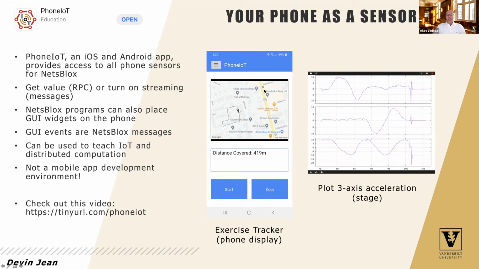Okay, but here's an example. If you look at this middle picture, this is the phone screen showing an exercise tracker, right? What it does is get the location from the phone, and whenever the user hits the start button, it starts counting the distance. Whenever the user hits the stop button, it stops, and it refreshes the image with the track of the user. So on the stage in your computer, you will see a Google Map, and using the pen, it just shows your track, and then every second you update that image on the phone as well. So you can go on a run and basically have your exercise tracker.